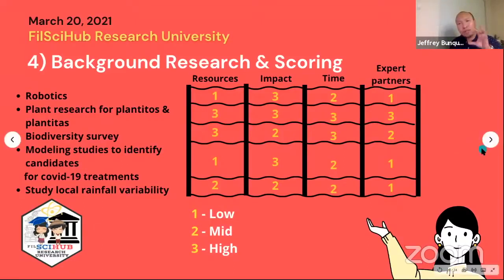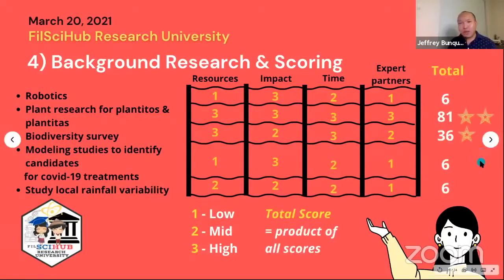So kapag po na-score na, once you have already given a score for each idea, considering all these set of criteria, what you have to do is you have to add up the score. And typically, the way we do this is multiplicative po yung score. So essentially, you'll multiply all the scores for all the 4 areas para po umangat talaga kung ano ba yung top ideas. Kasi kung i-add nyo lang yan, baka mababa yung score, medyo magkakalapit lang, baka hindi